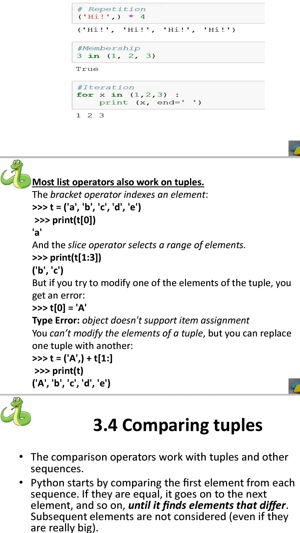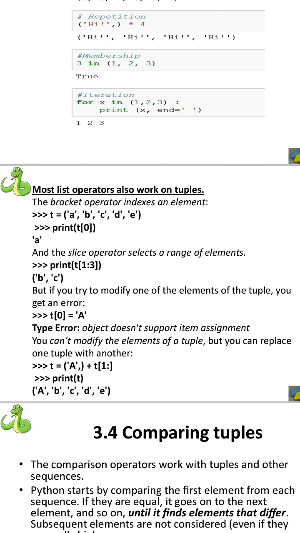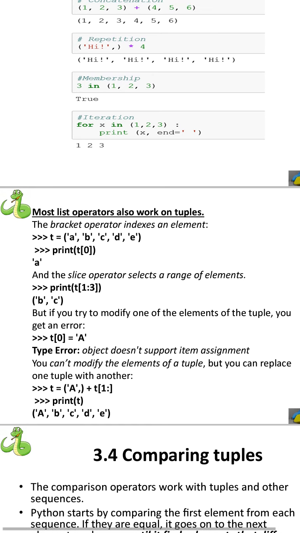If you observe, I am writing x comma and initializing the end parameter to a blank space. If I don't use this parameter in the print statement, by default it will consider \n, that is the new line character, and the tuple values 1, 2, 3 will be printed on separate lines, like 1, in the next line 2 and next line 3.